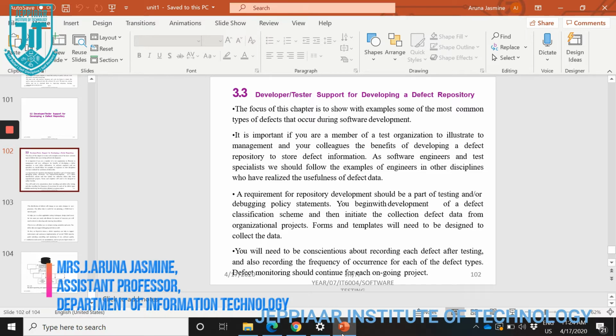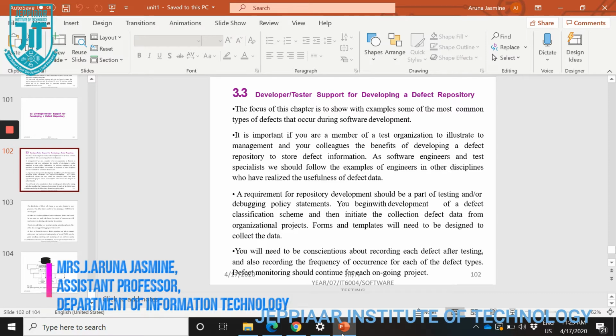The first phase is called requirement specification, then designing, then coding, then testing, and then deployment. The first phase is called requirement gathering, wherein the requirement of the client, the person who is asking you to do the software, is obtained. The requirement obtained from the client is recorded as a document called SRS, software requirement specification. And then we go for designing.